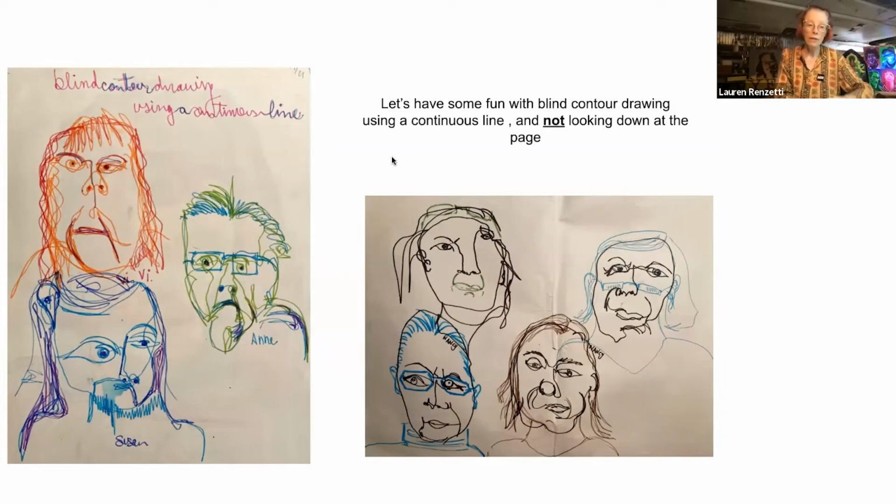One of the reasons why there are two colors is because if you're not looking down, you might not necessarily navigate the entire face. You might be missing something, like pupils or glasses or chin or hair. So then you add those things in a second color to enhance the original drawing. You'll notice that their eyes are maybe not in perfect positioning, but that they have some distinct qualities that show they are not all the same person. They're not just a happy face with eyes, nose, and mouth. They've got other details, wrinkles or glasses or jewelry or whatever.